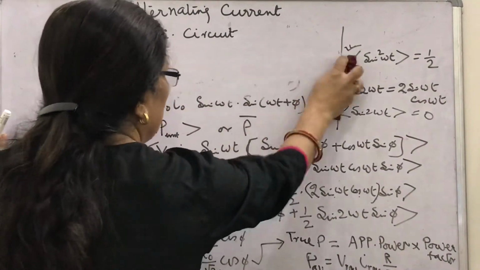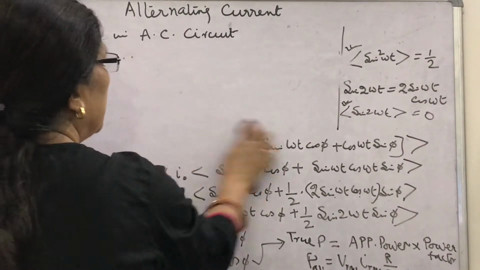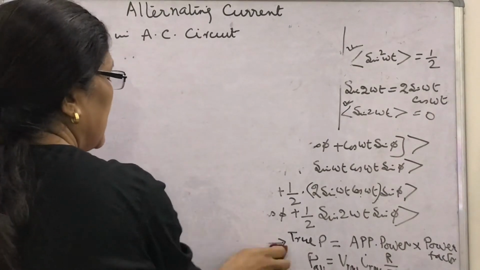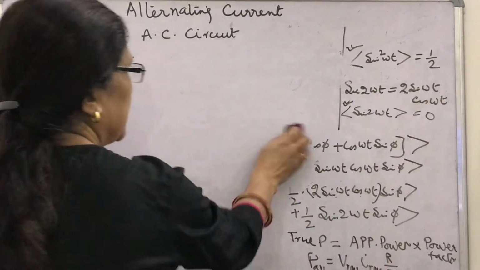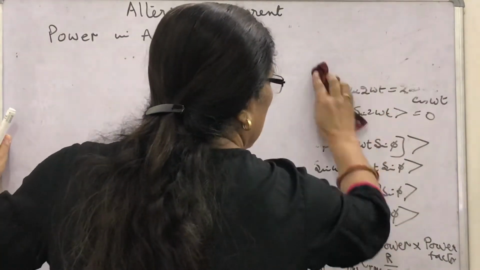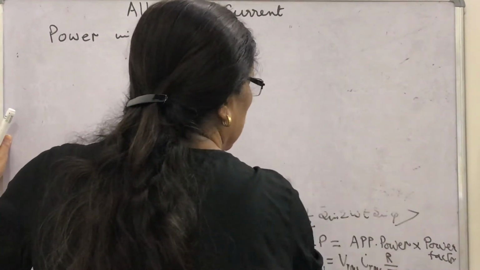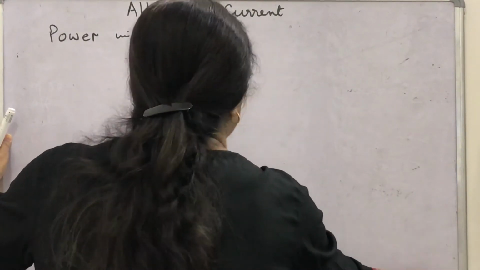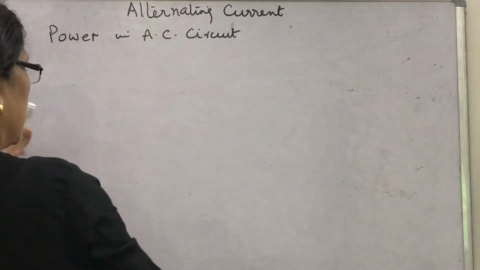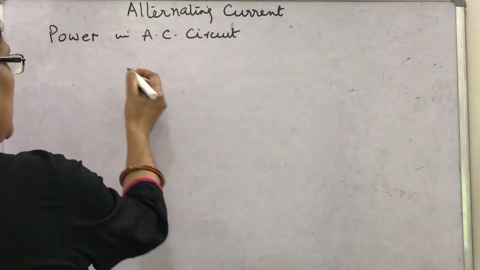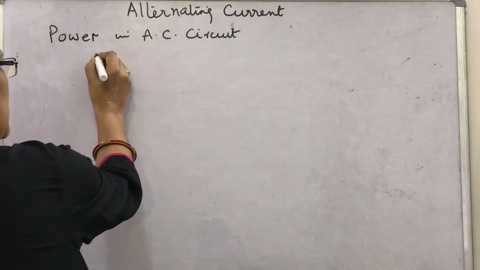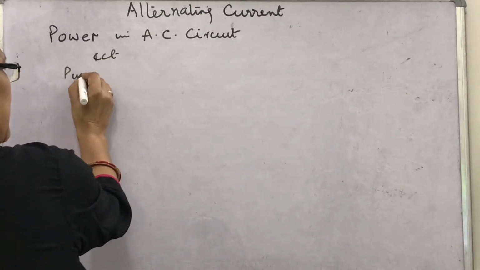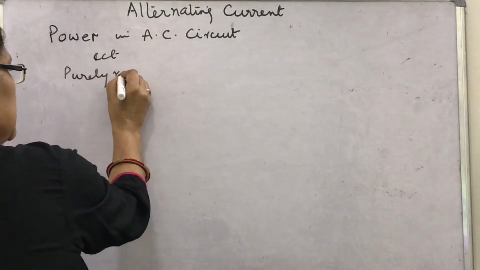We have seen purely resistive, inductive and capacitive circuit, then LR, CR circuit and then LCR circuit and resonance in LCR circuit. How will you see what will be the power? If we see types of circuit we take, so first we take purely resistive